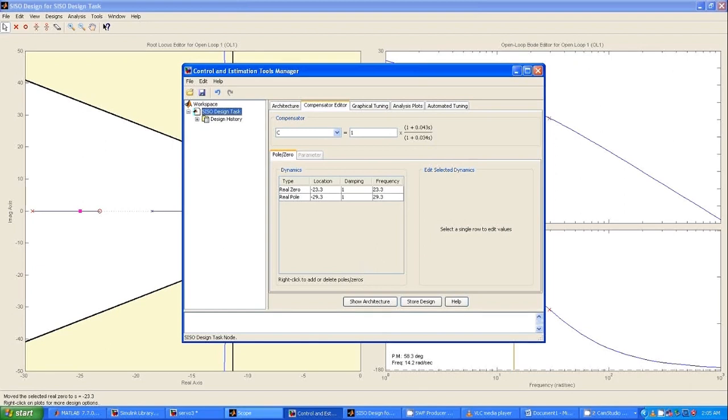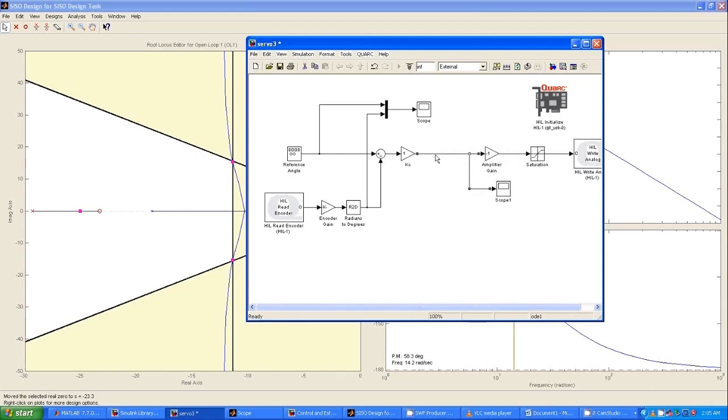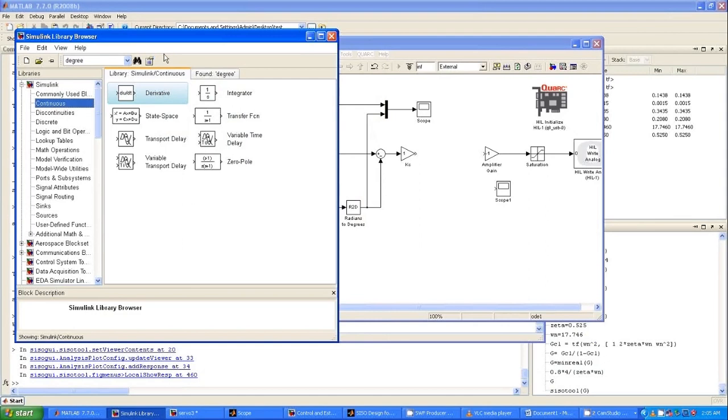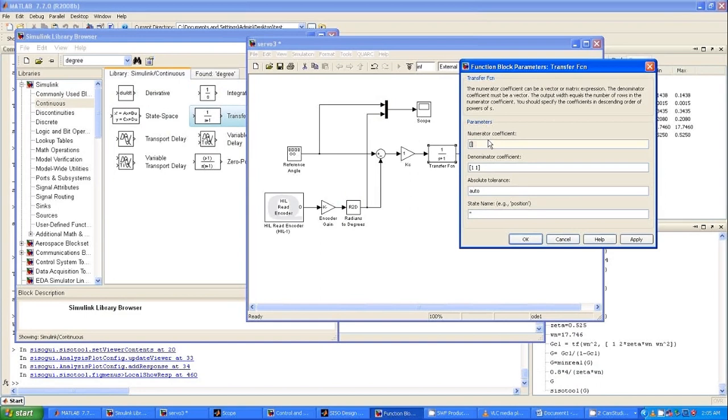This transfer function we will include in Simulink, and let us evaluate the actual closed loop response. This transfer function block is available in the Simulink library under Continuous. You just select the transfer function block, drag and drop it into Simulink, interconnect them and enter your compensator parameters.